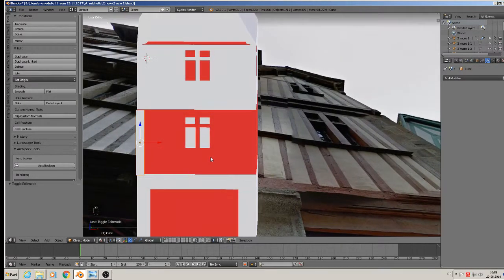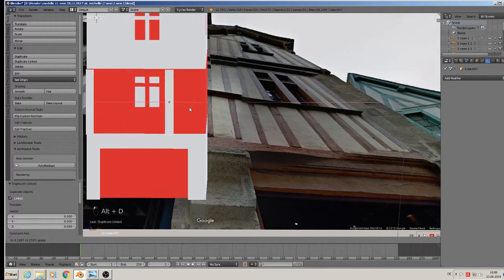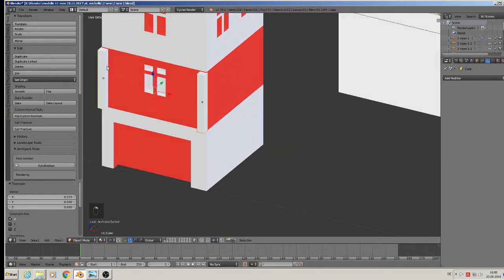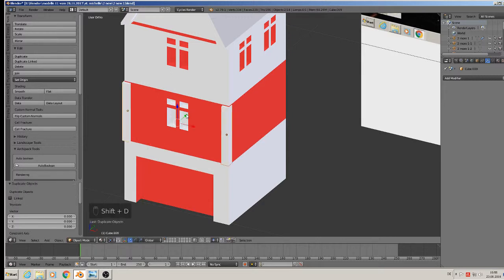So we have to make that, so we make Alt D here, because then we don't have to do it each time new. We only have to change one and all others change with it. So we go a little bit out here, then Shift D, place them over the top there,